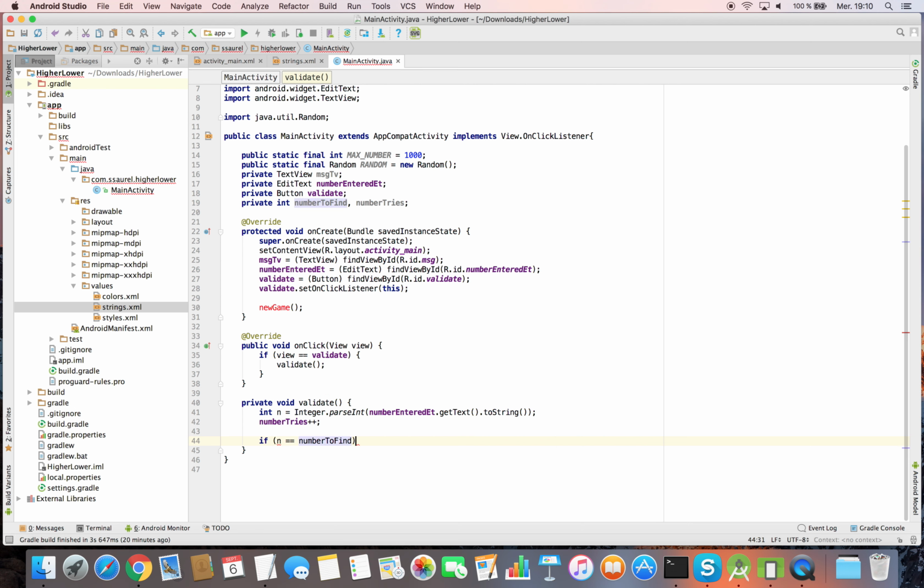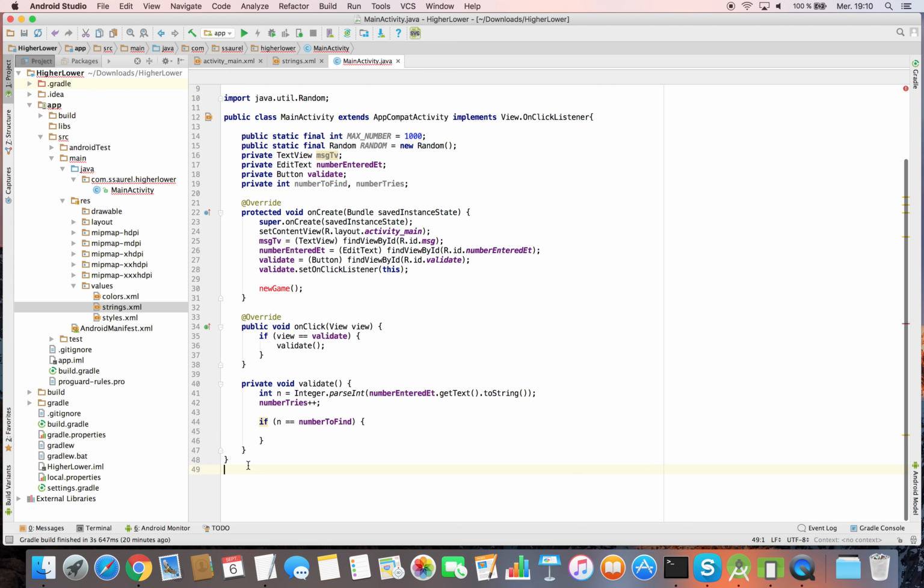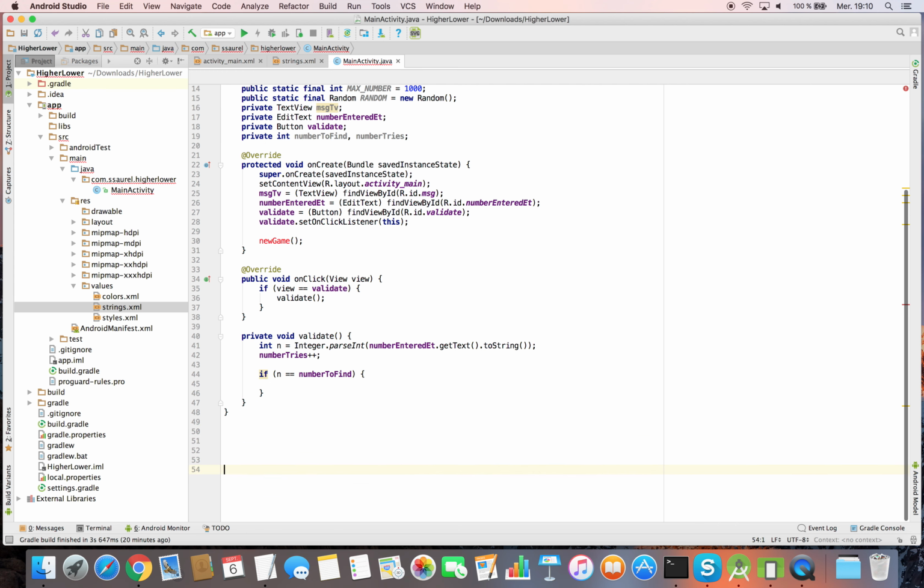If the number entered is equal to the number to guess, we display a congratulations message to the user and we start a new game.